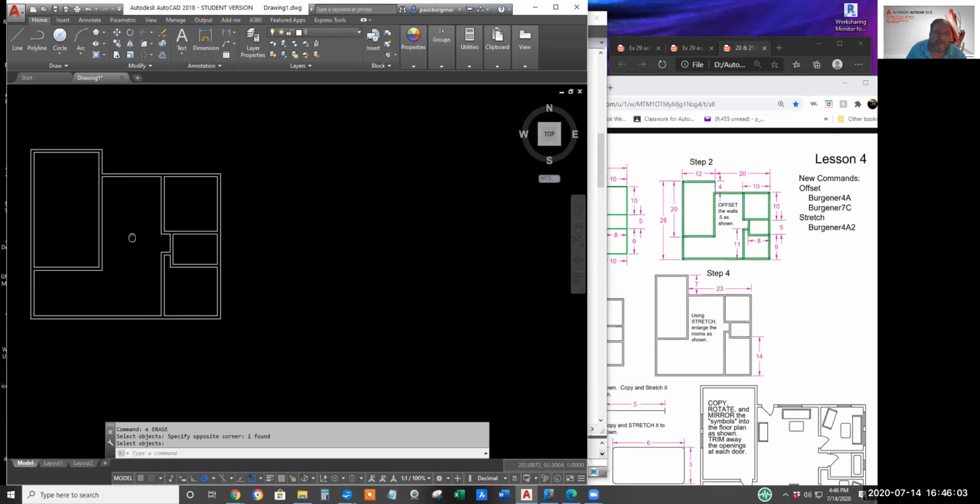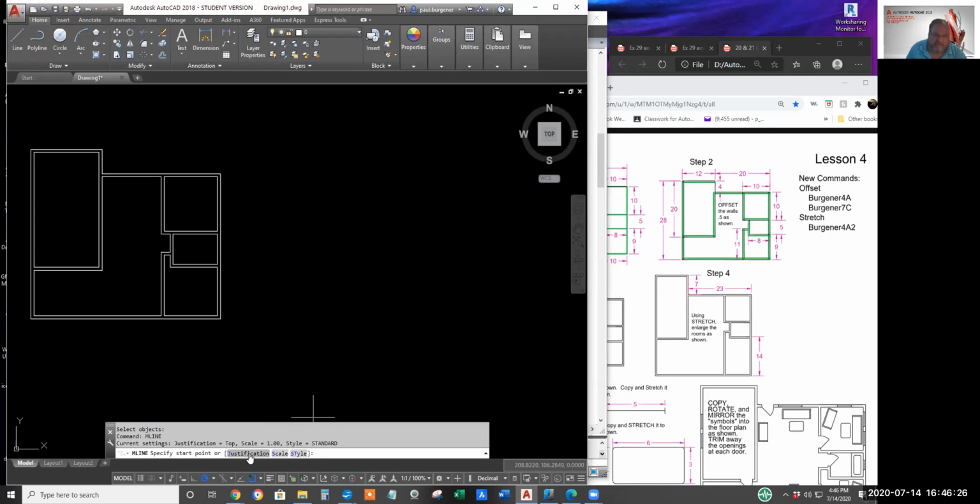Again, I don't believe you see it done with the possible exception of somebody designing a freeway. The multi-line command is tucked out of the way. So I'm just going to type mline, enter.